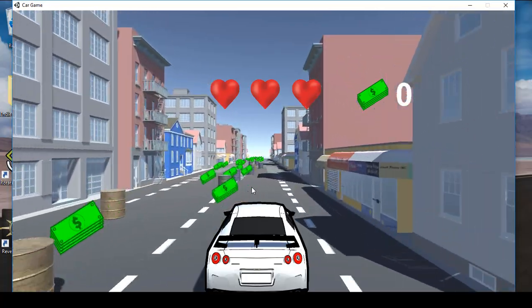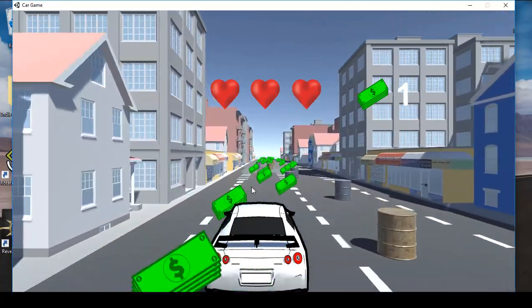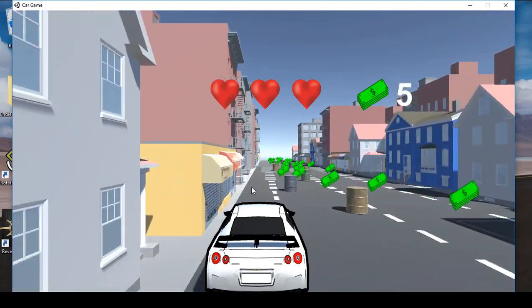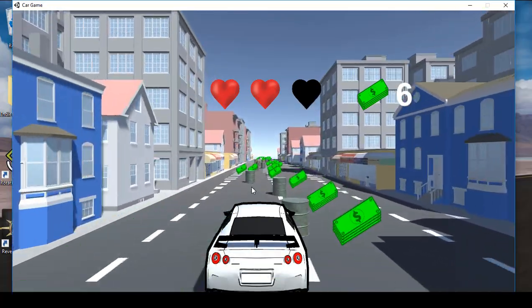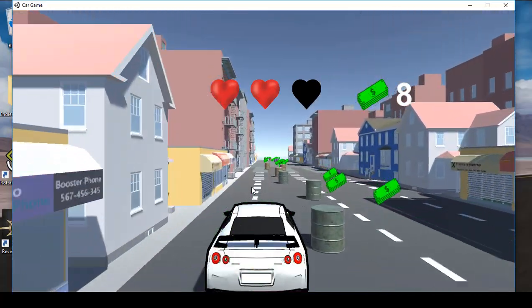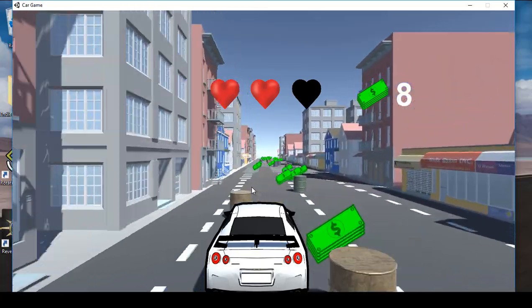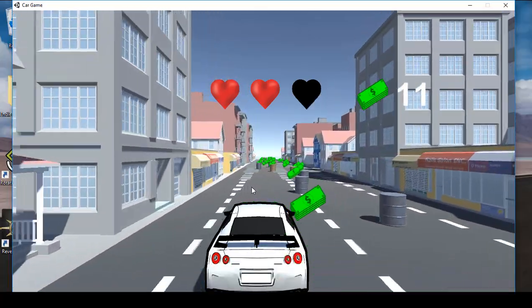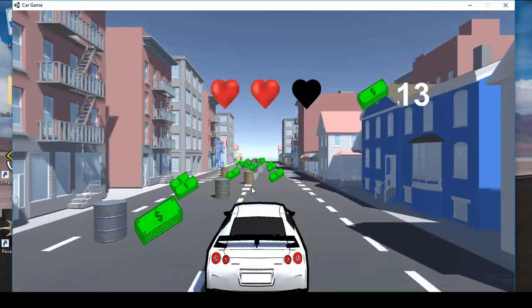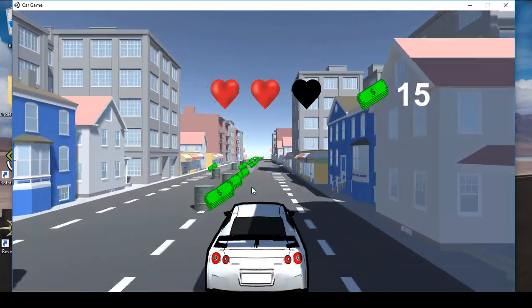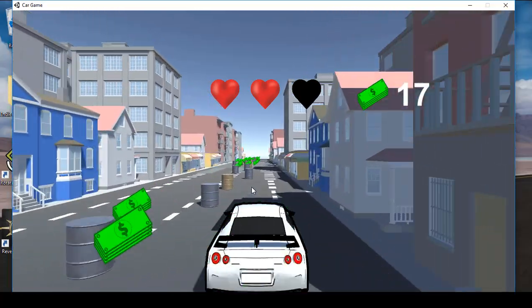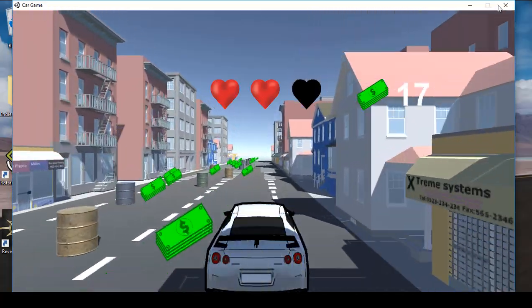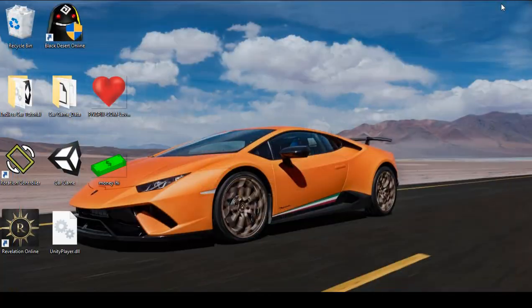Press start. And you have an endless runner. If you want to speed this up, all you have to do is go back into the script for the car, and then you can speed it up. Remember the speed increases after some time. But yeah, it's a working car game, and you can exit out, and then you can share it